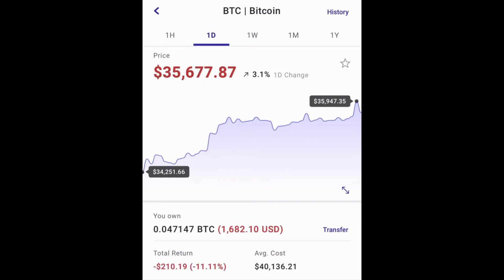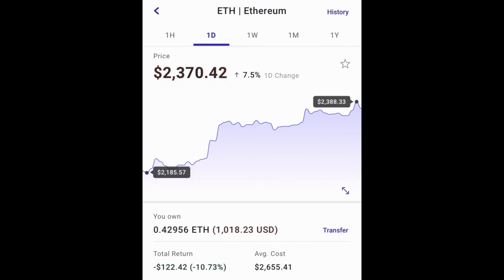Michael Saylor even goes as far as to say that buying Bitcoin today is like buying land in Manhattan 100 years ago. And up next, we got Ethereum, which has had a phenomenal run over the past few days. I think a lot of it is hype and expectation leading up to Ethereum 2.0 and the EIP 1559 update. Currently with Ethereum, I have accumulated 0.07442 over the last month, and I'm down a little over 10%. But this is one that I feel is super undervalued, and we could see this go as high as $5,000 by the end of 2021, especially if we have more institutions putting their money into Ethereum,